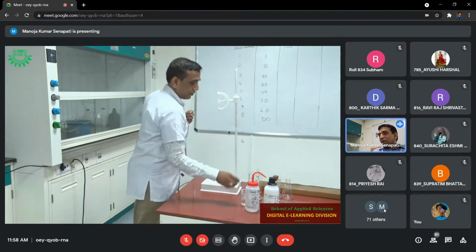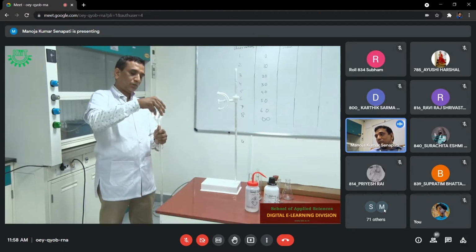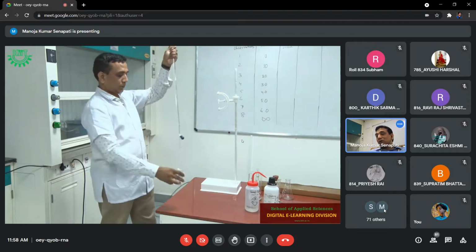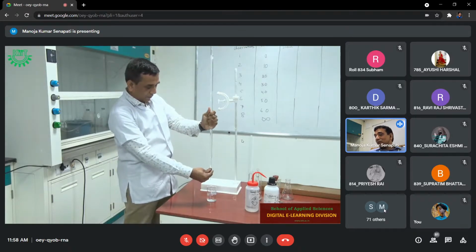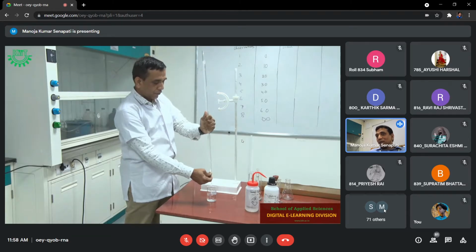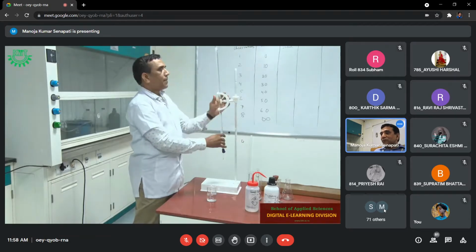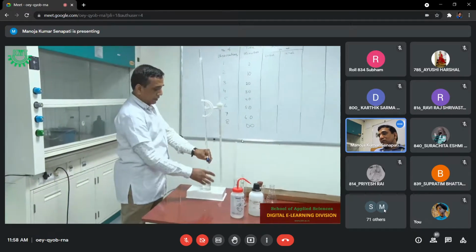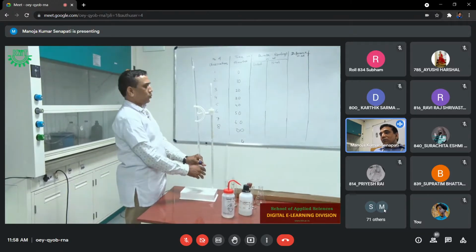Now fill the burette with the sodium hydroxide solution. And here also you remember one thing, for each observation, the initial burette reading should be taken as 0. Because you do not know how much solution is going to be consumed for each observation. Here the reading difference will not be a constant. So that is why once you have taken the observation, fill the burette, make it to 0. So we have adjusted the initial burette reading to 0.